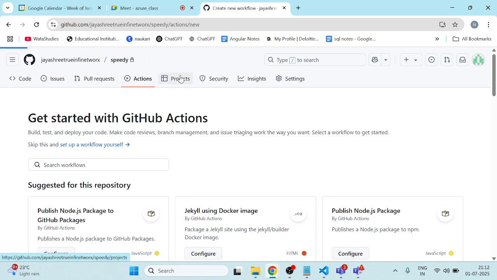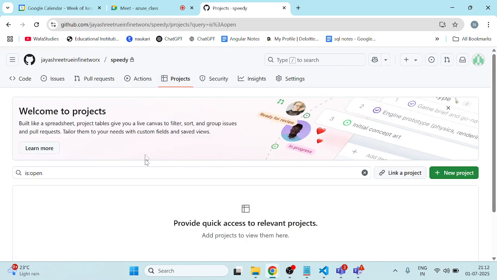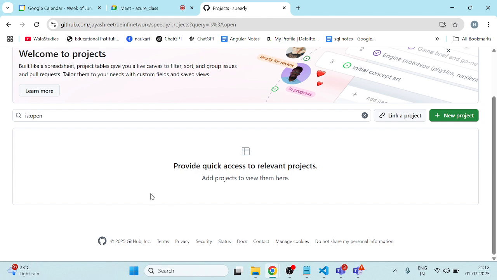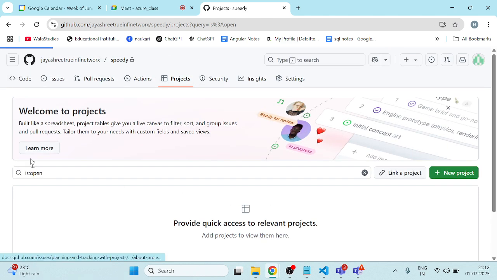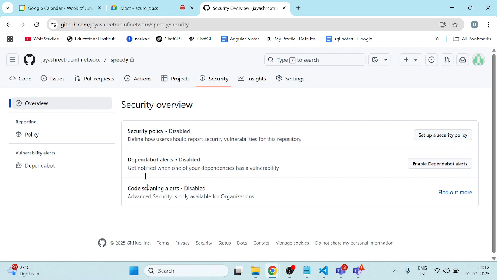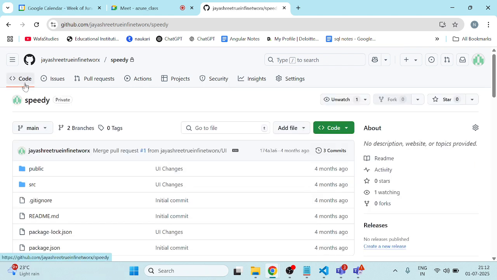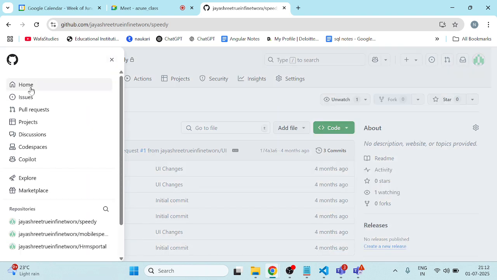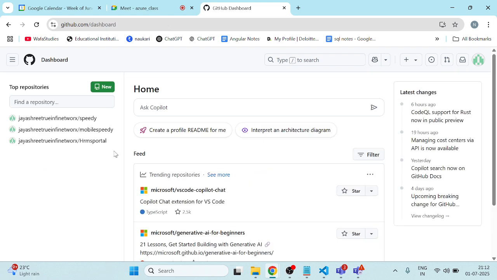Okay. So here the projects, we don't have any new projects created here. Here only we have all the projects actually. So I'm in a project, so this is all. And from a security point of view, while you are creating a repository, at that time only you can set all these things. Okay, so this will be our home. So this is about Git, okay, GitHub. So in the GitHub